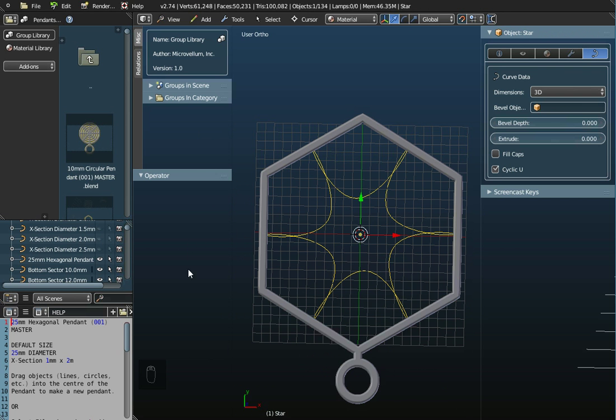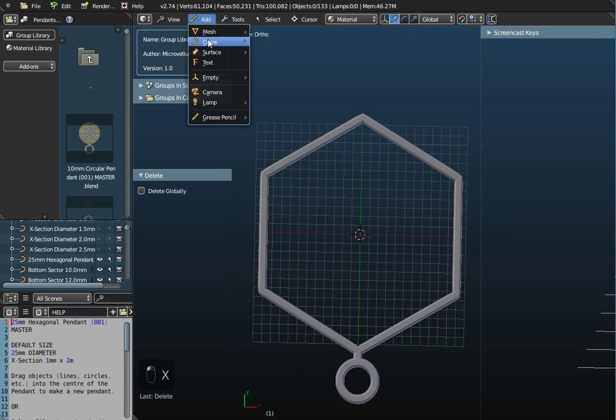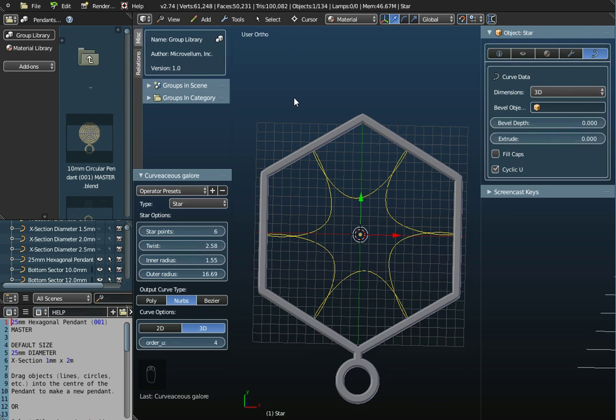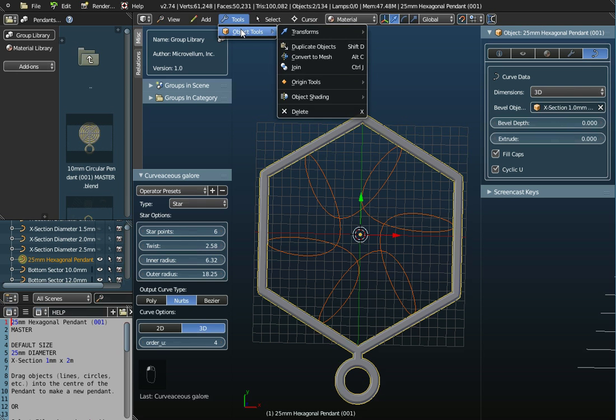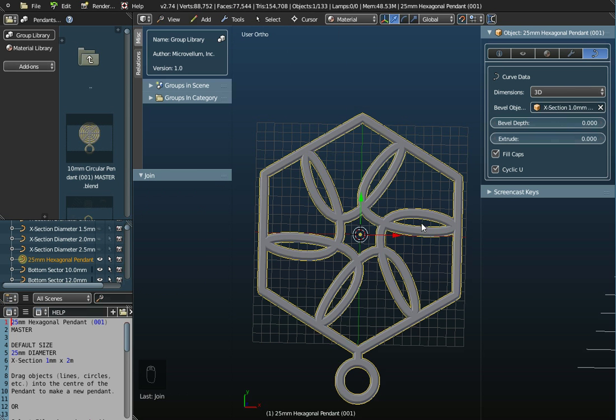now my Toolbox properties panel's disappeared on me, so if I just delete that and add the Curves Galore again, it will default to the last setting. So I could try changing this. I can change the inner radius. Look, now that is probably going to give me some pattern here where the curve, when I join them together, will fit and give me a gap. So if I adjust my outer radius there, okay, if I try joining them now, so I'm holding down the Shift key and then go to Tools, Object Tools and Join,